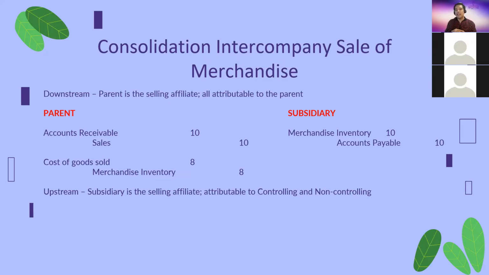And remember, when we discussed business combination, the stock acquisition, there's already control. So imagine the parent owns, say, 80% of the subsidiary. So there's controlling interest already. It's kind of like selling a piece of your ownership, of your own. So that's why in the consolidated financial statements, we have to eliminate this intercompany sale. Imagine, you sold to yourself. And that's how we view it. Because the subsidiary is already 80% owned by the parent, it's as if selling something to yourself, which is not acceptable. That's why we have to eliminate this when you prepare the